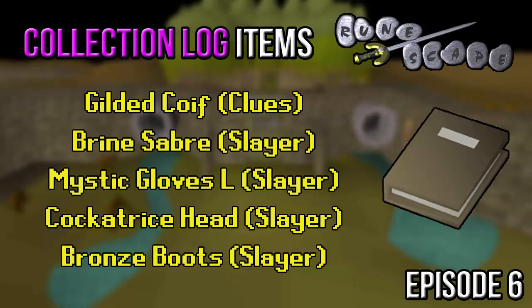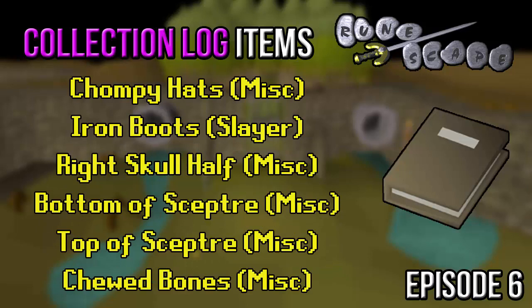In the collection log, 1 new Master Clue unique, and that was the Gilded Koi for my second piece of Gilded on the account. Elsewhere, I decided to fill in 10 slots from the Slayer and Miscellaneous tab in the log, so grabbed some drops such as the Brine Sabre, Cockatrice Head, Chewed Bones, and other junky stuff that we just needed to fill in the slots, and that brings my total collection log slots filled up to 596 out of